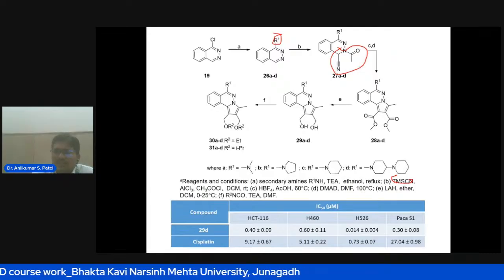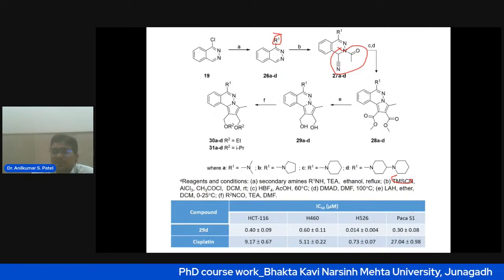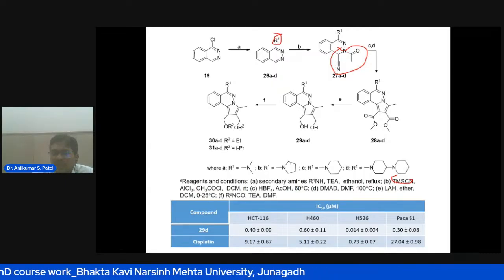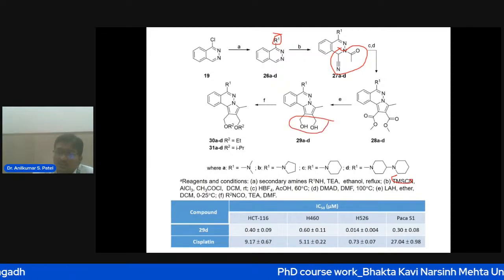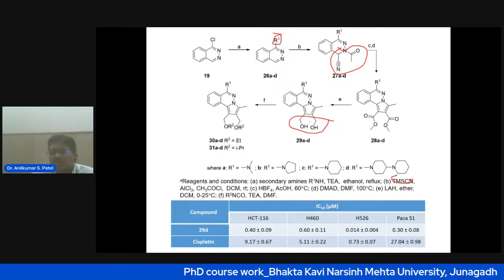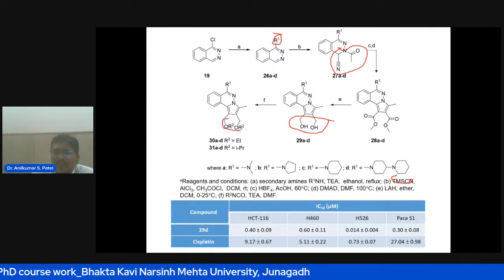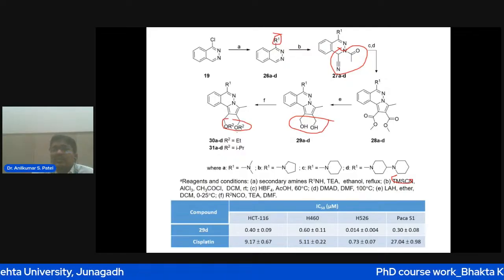So the acetylene dicarboxylate can be converted into that particular diester, 28A-D. Then this diester is reduced in the presence of lithium aluminum hydride in ether and dichloromethane solvent and produces the diols. Now, this is also our targeted molecule. But we can prepare it with other leaving groups, by preparing the carbamates. So this compound 29A-D